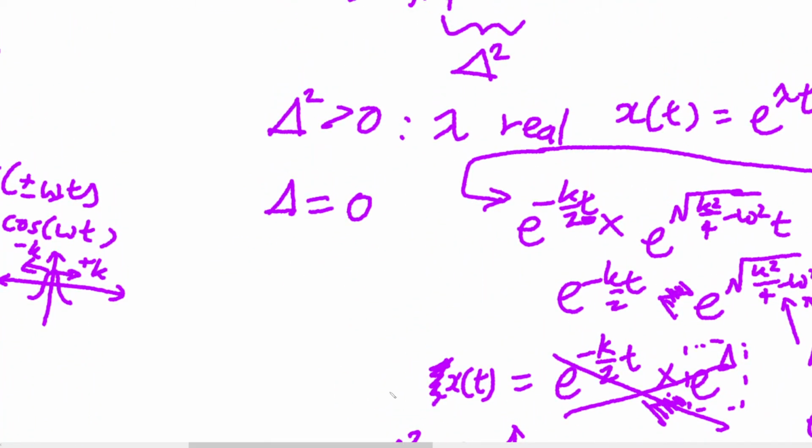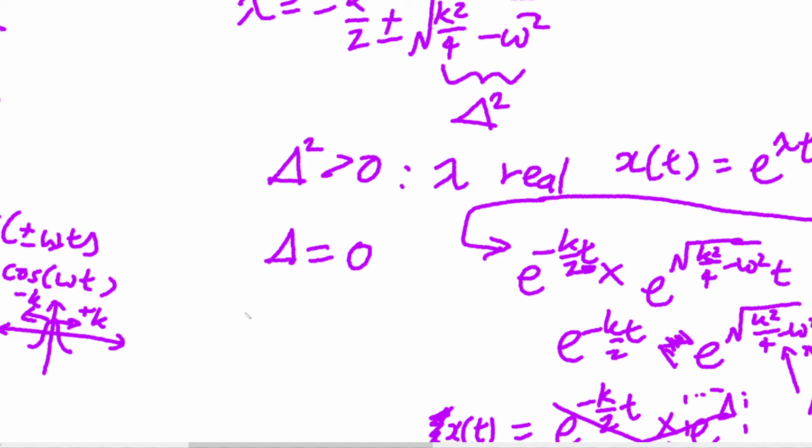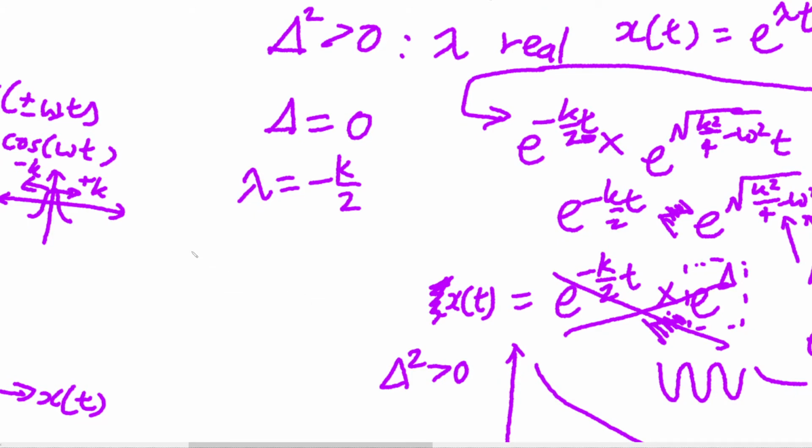So moving on to the discriminant is 0 situation, we still find that lambda is a real number, but this time it's exactly minus k over 2. And the reason I consider this pretty cool is because this actually has a use in some designs. Through my research, I found that, for instance, car manufacturers want to make their oscillation or crumpling when a car crashes into a thing,